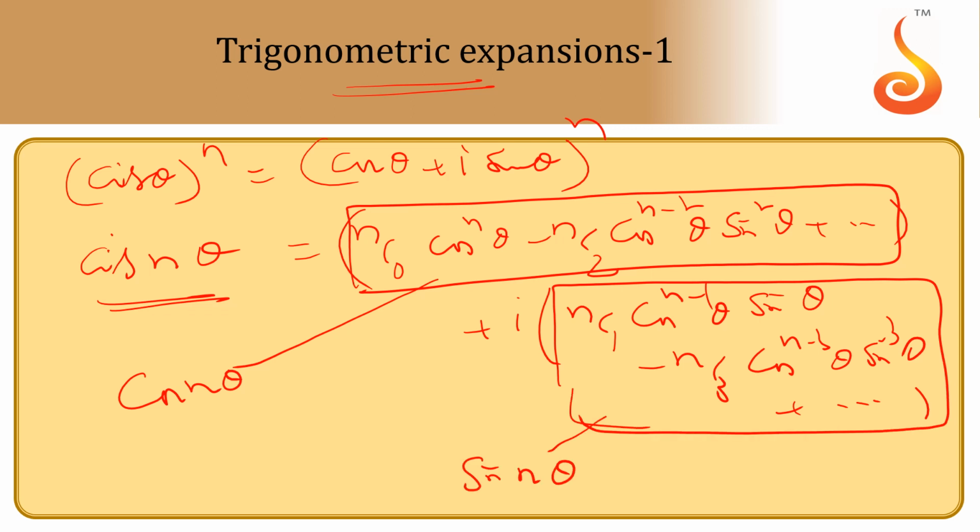In multiples and submultiples you will learn cos 2 theta, sin 2 theta values. Now you are able to develop cos n theta directly, sin n theta directly by using de Moivre's theorem and mixing it with the binomial theorem. So I can say these are cos and sin of multiple angles in terms of power functions of cos and sin. Similarly, there is a reverse way.